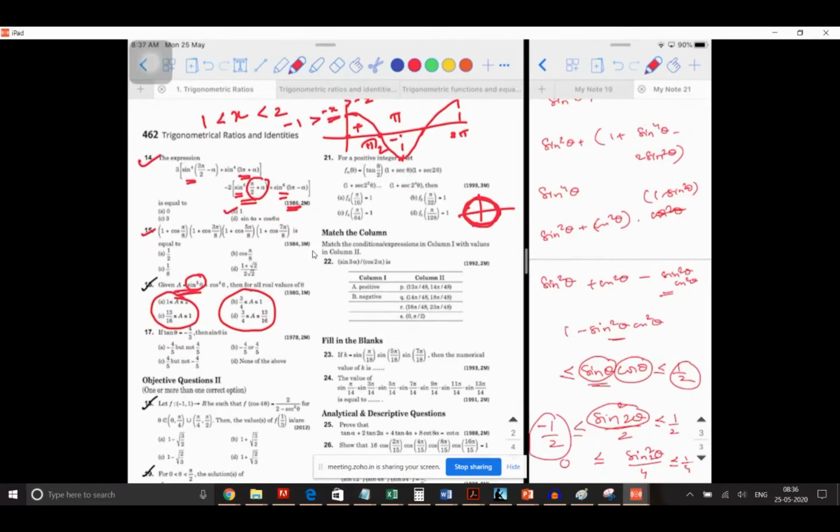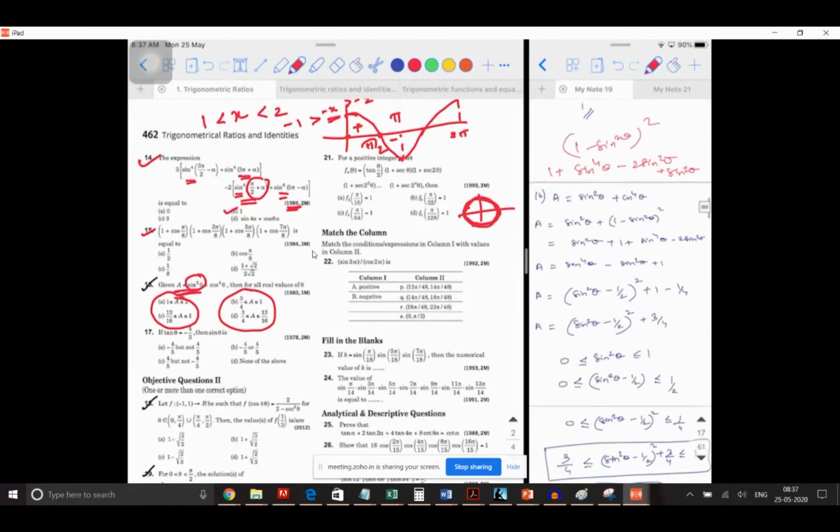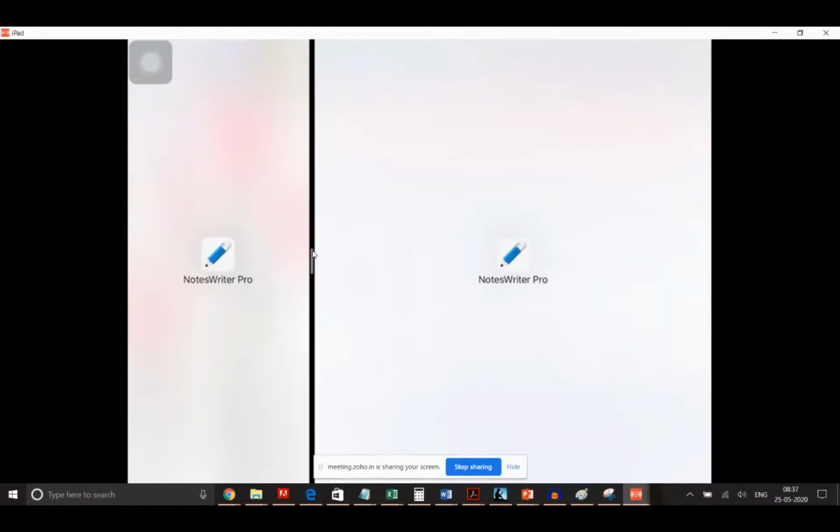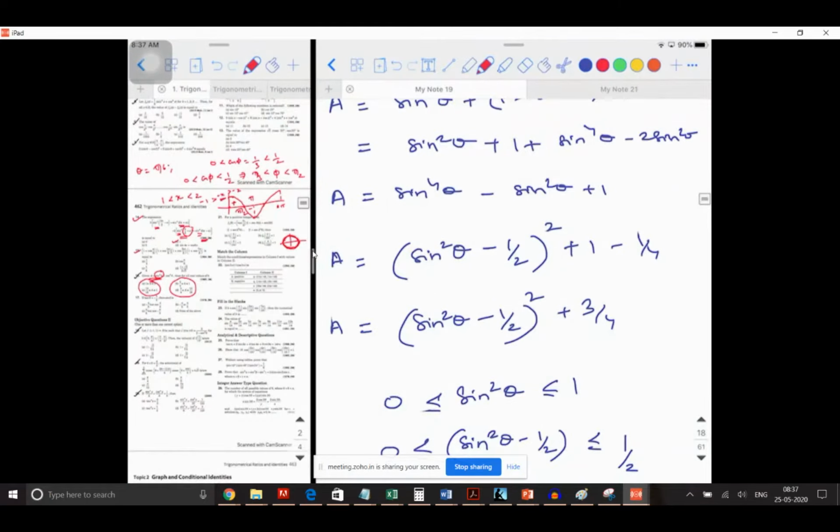Just proceed with your thing. 1 minus... See here, we need the range for this, because this is what we have according to the simplification we did. Correct? But in general, I have a 4 and I need to eliminate that 4. I'll just show you. This idea is right, you just need to think about it. I used the same logic, but tried the completing the square method. So sin power 4 theta minus sin square theta plus 1 I have. I took the sin power 4 theta and sin square theta.